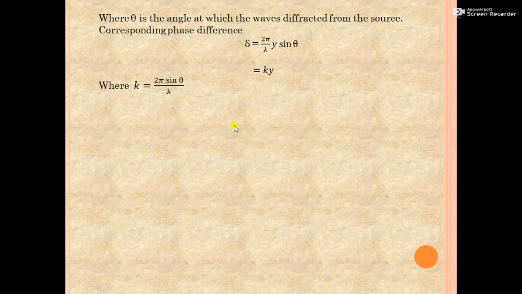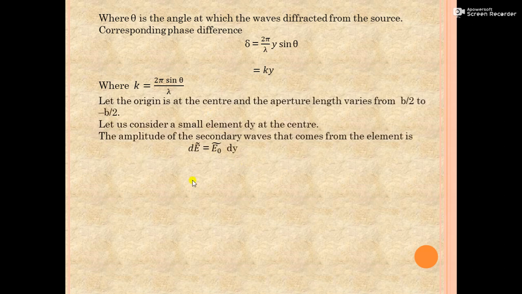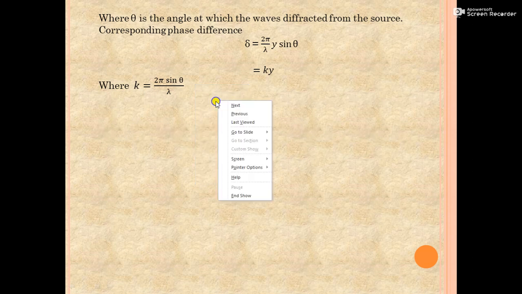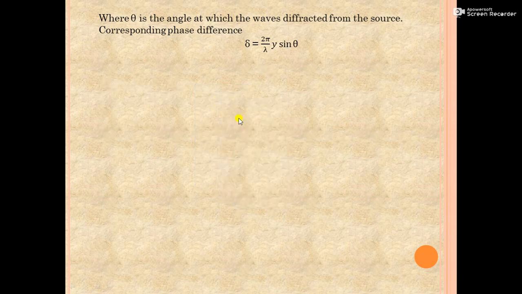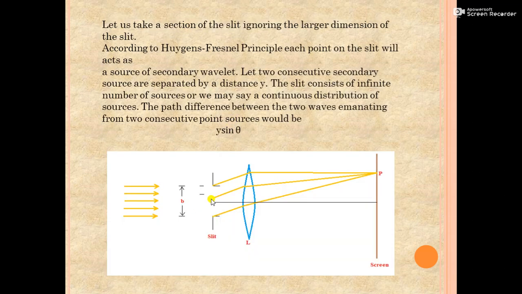Thus, if the secondary source is shifted from the origin, there exists a phase difference delta, and if we take into consideration all these sources to contribute at any point on the screen, then we need to add up all these, and for that we need to integrate from minus b by 2 to plus b by 2, because if we take the center as the origin, then the slit width varies from minus b by 2 to plus b by 2, and at the origin we are considering an element of length dy. Here we have considered an element dy, and after a distance y,